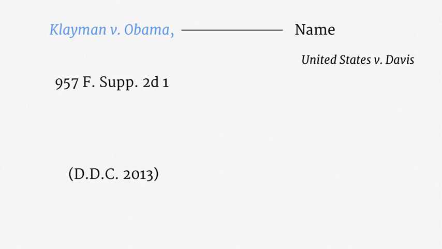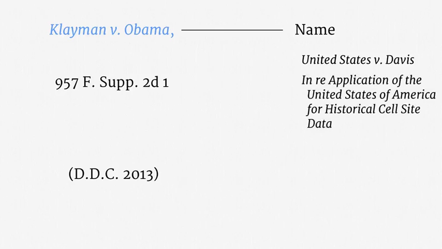criminal case. Some of the citations you will see in the course are more descriptive, such as the slickly named In Re Application of the United States of America for Historical Cell Site Data. In surveillance law, citations of that form tend to come from ex parte proceedings. Remember that those proceedings start with just one party, so there isn't formally a defendant to name.